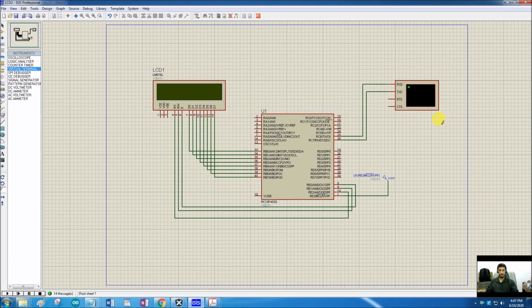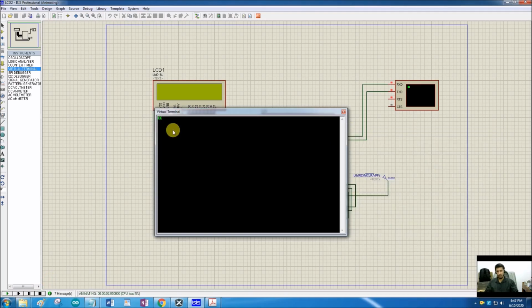Ignore the LCD for now. We have connected a virtual terminal. You can find it here in the virtual instruments on the left panel, and I have just copied the virtual terminal and placed it here. I have connected the RX of this terminal to the TX of the microcontroller and TX of this terminal to the RX of the microcontroller. And once I simulate this, you can see here